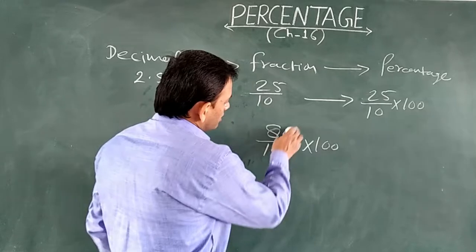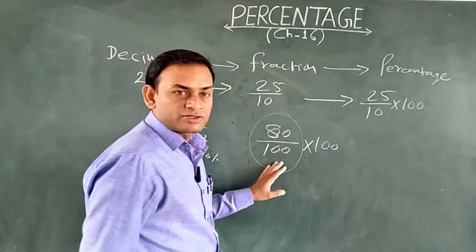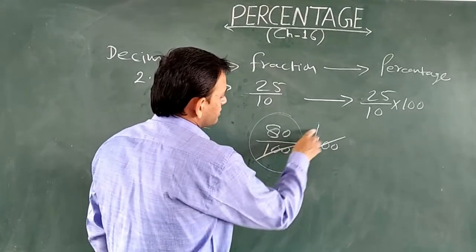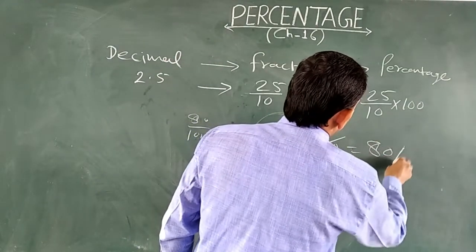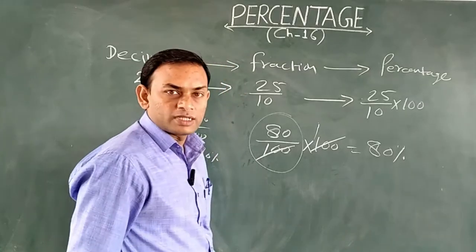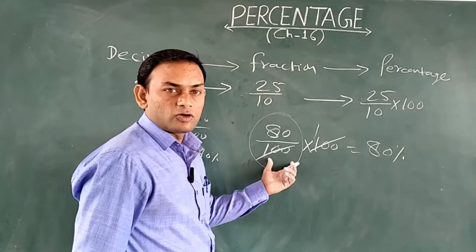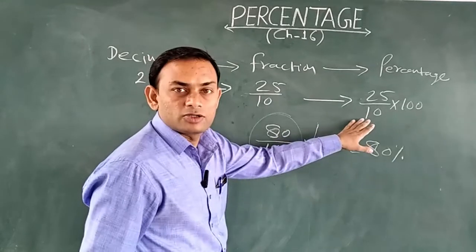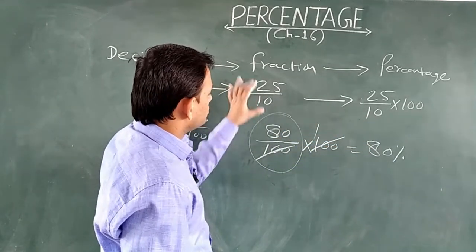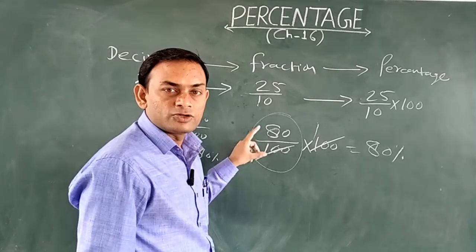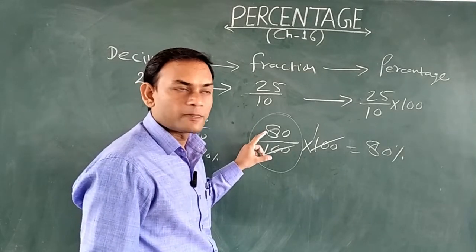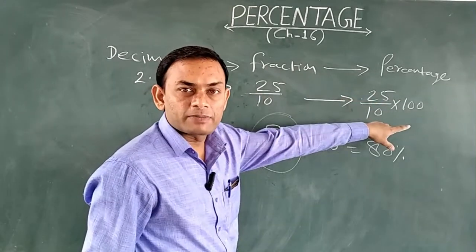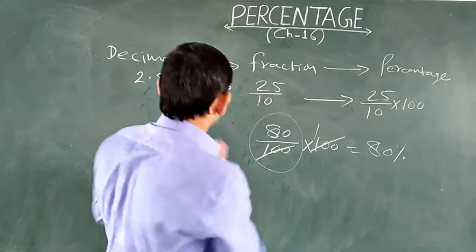When you multiply this fraction by 100, 100 ones are 100 and 80 ones are 80. So you have got 80%. Got it? So this is the way to find out the percentage of your marks. Same thing I am telling you here. Whenever the fraction is there, you can see here, this is the fraction. Your teacher always gives you marks as a fraction. So a fraction can be changed into a percentage by multiplying by 100.